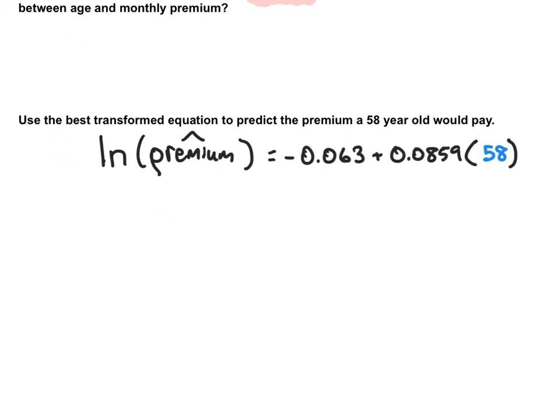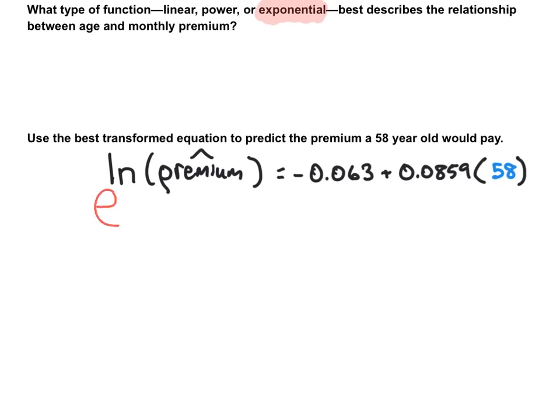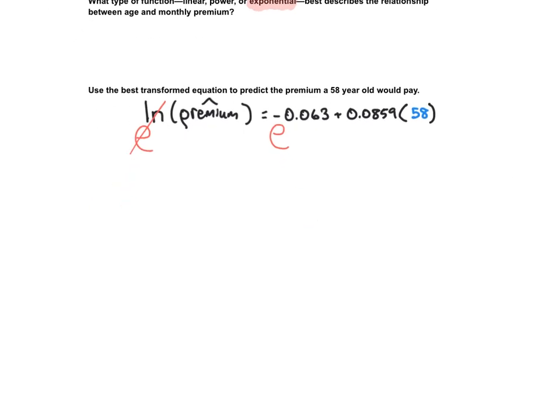And let's continue. Okay, here's your algebra question. How do you get rid of a natural log? If a log, base 10, you would literally put it to a base 10. A natural log, do you know what the base is? Yes, it's a base e. So I'm going to use the value e as the base on this. All right, that's going to really kind of drop the predicted premium out of there. So now we're going to have premium predicted, right, the little hat, is equal to e to the negative 0.063 plus